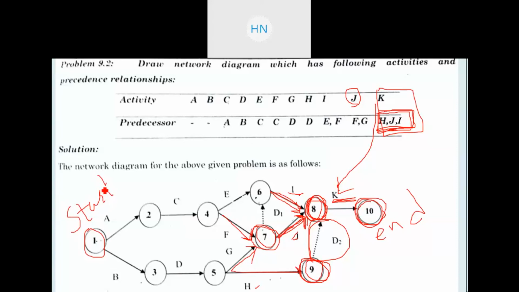So in this manner you can generate the whole network, right? You need to look for each relationship step by step. First of all this, then second, then third, then fourth, then fifth. In this manner you need to look for each relationship, and likewise you need to keep on drawing the network. You need to keep on numbering the events also, starting from 1, 2, 3, where 1 is the starting event and the last event will be the ending event, and you need to name the activities as per the relationship, right? So that is your solution for this first problem for today.